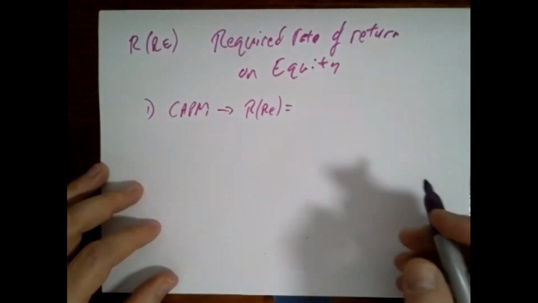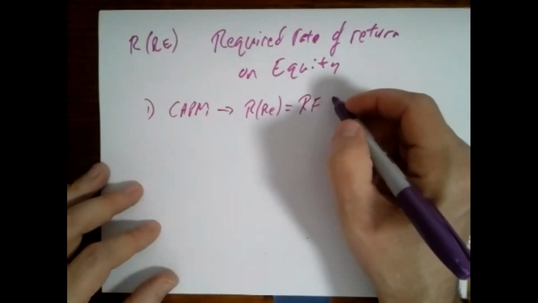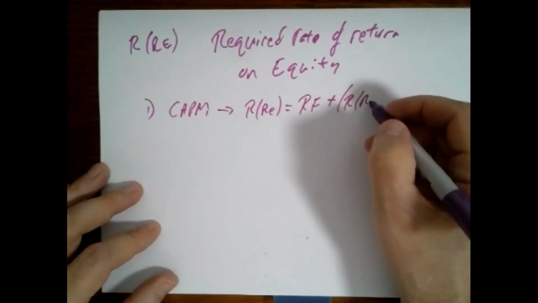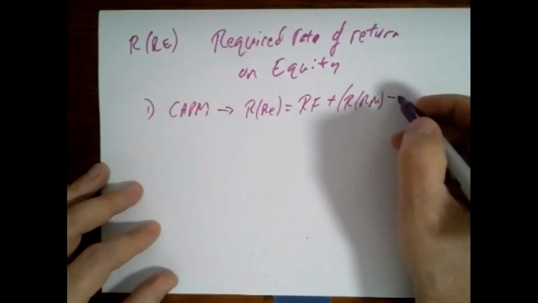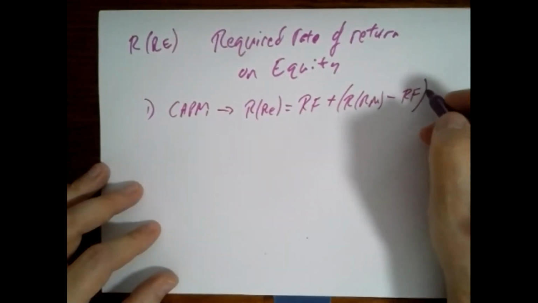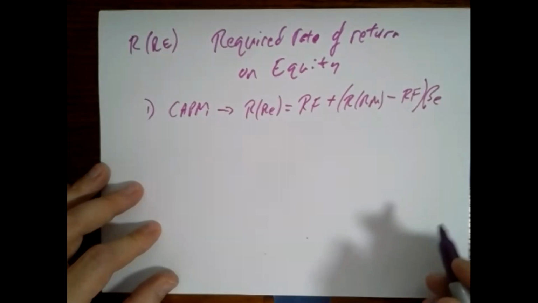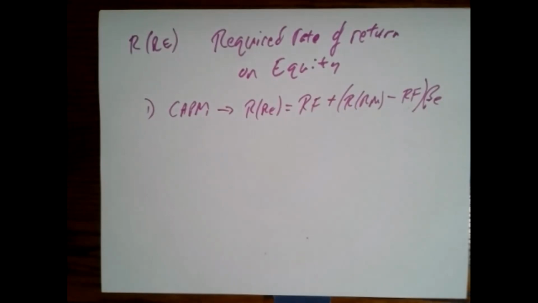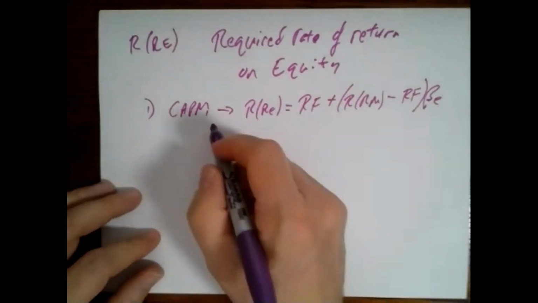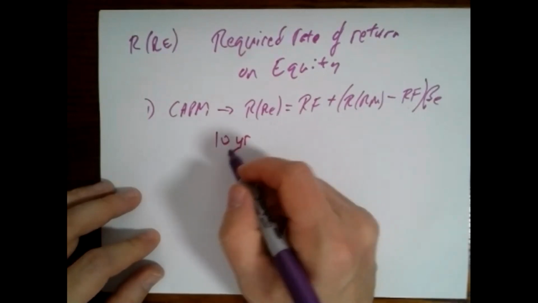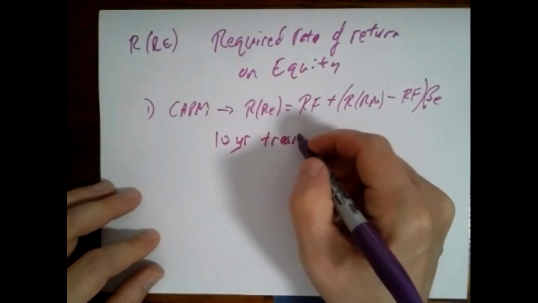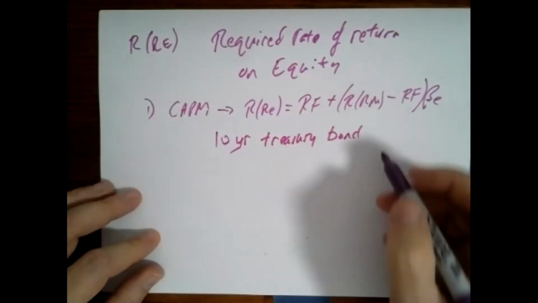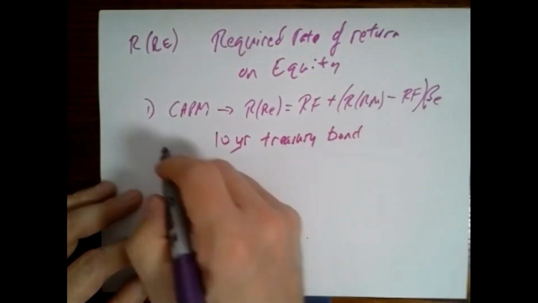is going to be equal to the risk-free rate plus the required rate of return on the market minus the risk-free rate times the beta of the equity. So if we were talking about what's the required rate of return for Wentworth Douglas, you'd have to come up with an appropriate risk-free rate, which we've been using the 10-year Treasury bond as kind of our proxy,